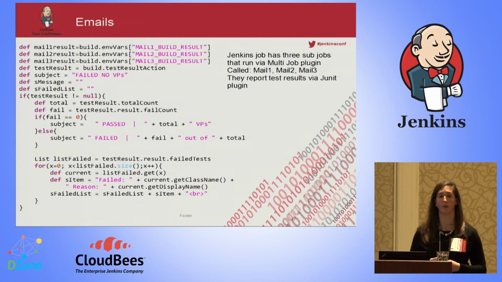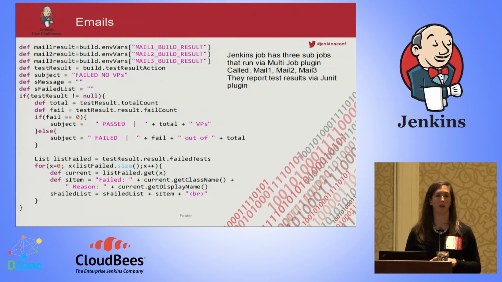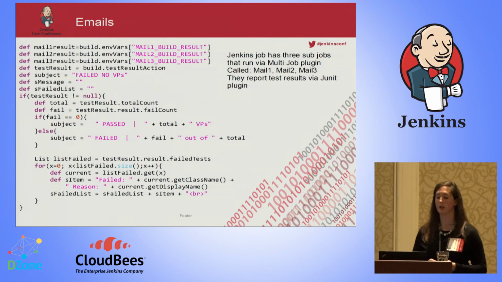So what I usually do is I have a parent job that runs 3 downstream jobs, and that job is an environment variable, the result of that job. So essentially mail A1, mail 1, mail 2, and mail 3 are sub-jobs of my parent acceptance, and they all ran downstream. So essentially in the acceptance, when it's done running, I want to go and get the results, create